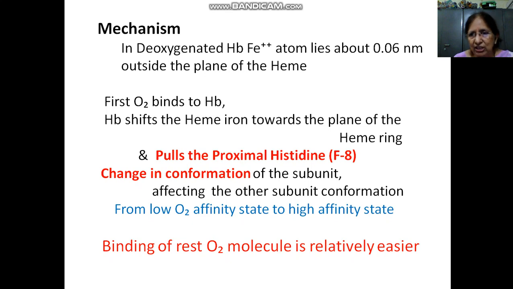This conformational change in the first subunit affects the other subunits, and they again change their conformation. And this changes the hemoglobin from a low oxygen affinity state to the high oxygen